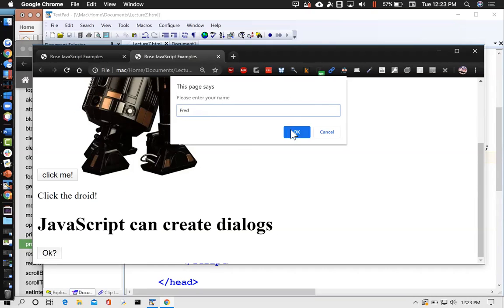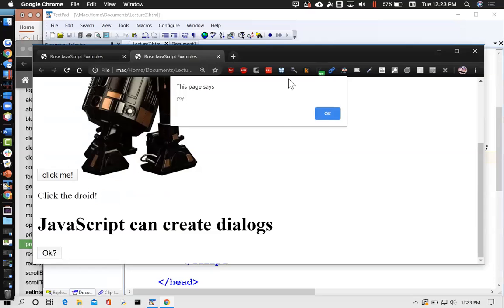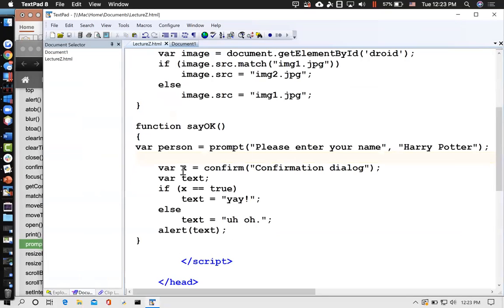And if I type in Fred, then that would be the value stored in this variable X, right? Or person. How about we make this say "Are you " plus person plus "?" like that. So we've asked for the person's name, and then I guess we're confirming it. Save it, run it,